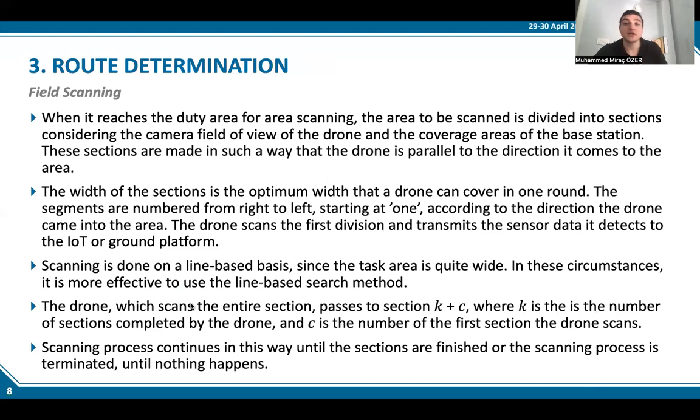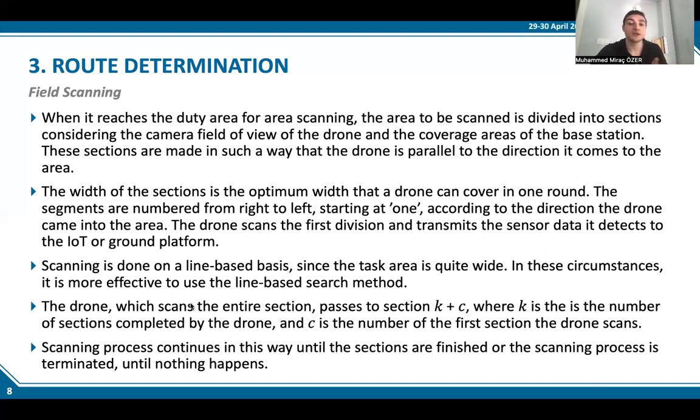considering the camera field of view of the drone and the coverage area of the base station. The segments are numbered from right to left, starting at 1, according to the direction the drone came into the area. The drone scans the first division and transmits the sensor data it detected to the IoT